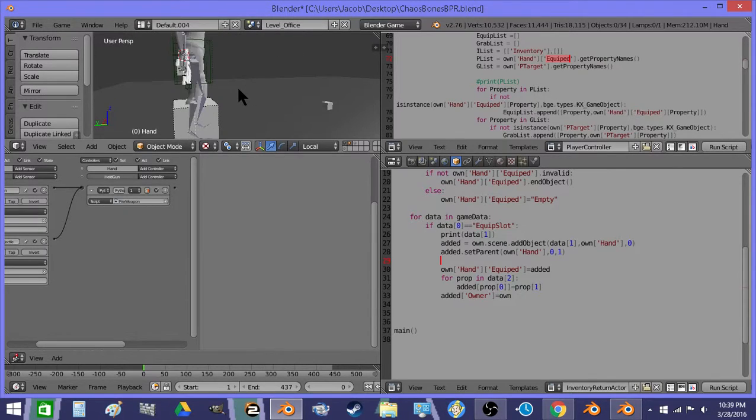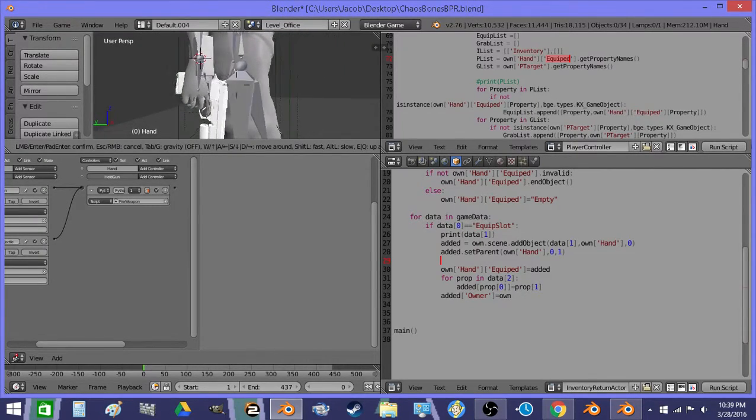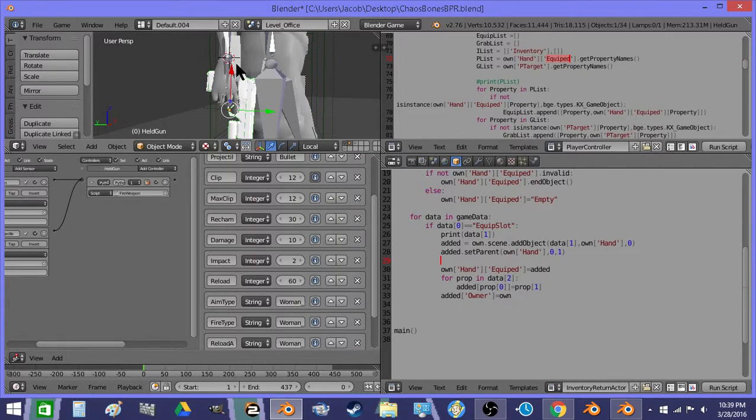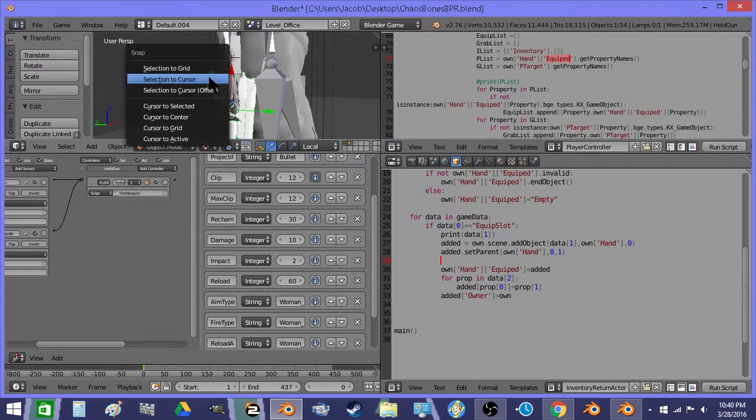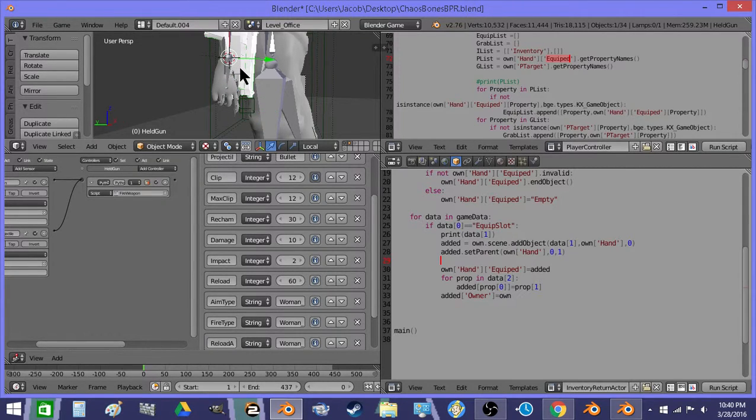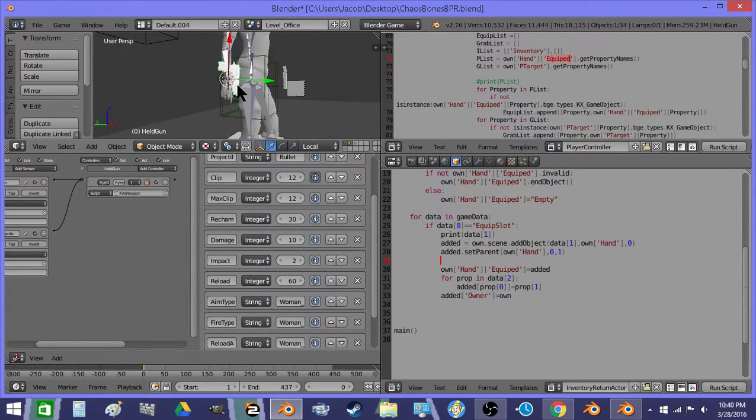So that's where it gets spawned at. Oh wait, no. Yeah, there's its origin. So yeah, that's where it's getting spawned at when it gets added back to the scene. So we need it to go down. Looks like about 0.75, and then forward about 0.25. So we do